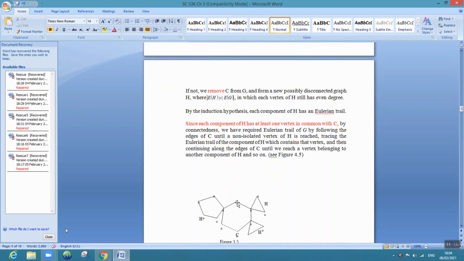So we start from one point, connect this one, then again this way, and keep on connecting all of them. We reach all of them in one Eulerian trail. Ultimately you connect all of these, and this is called the Eulerian trail. Therefore G has an Eulerian trail, so we don't have a counterexample. Then by mathematical induction, this is true for all graphs.